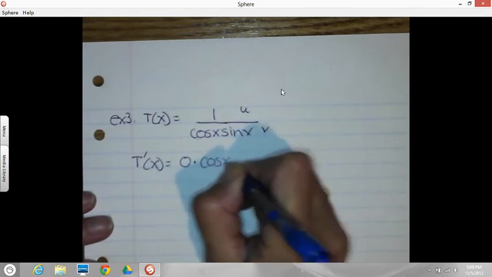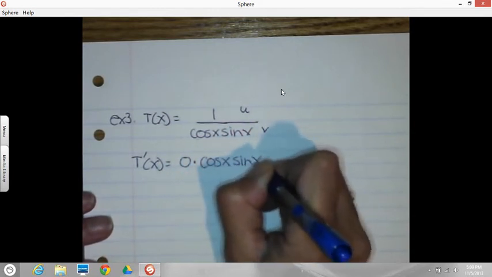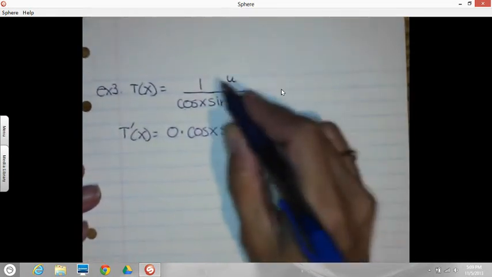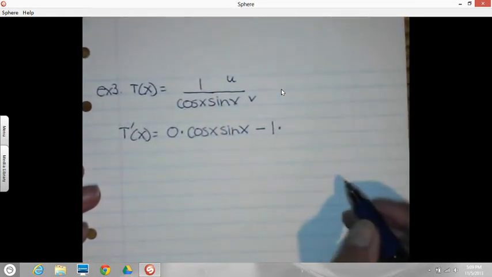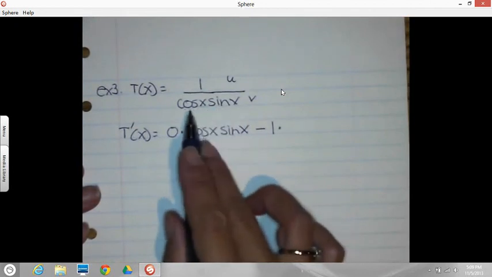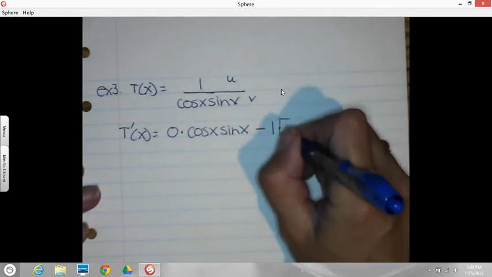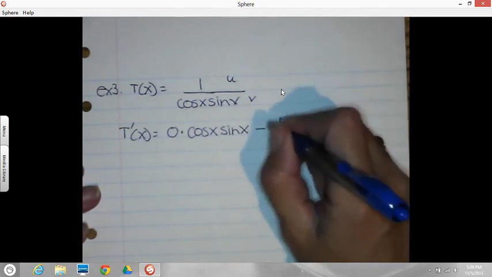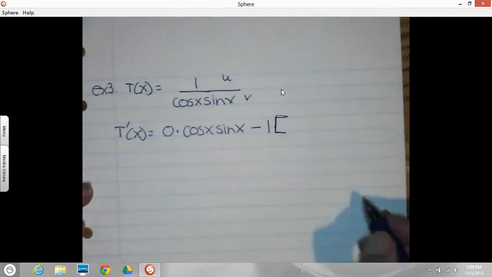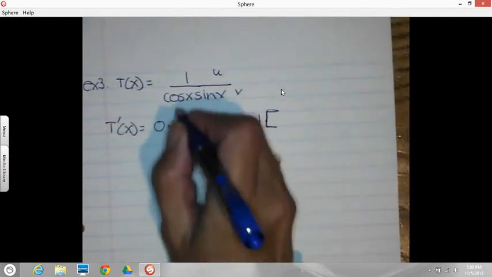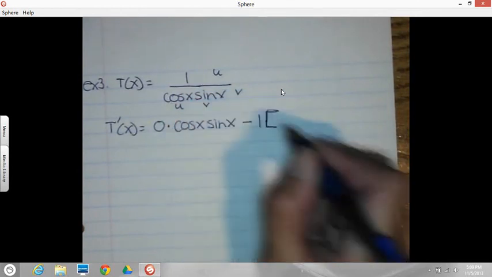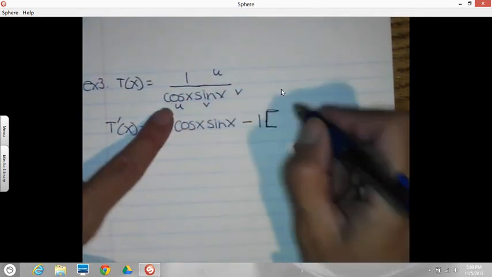The quotient rule says take the derivative of the top, which is 0, times the bottom, which isn't even necessary, but I'll just go through the motion, minus, keep the top the same, multiply by the derivative of the bottom. Well, because the bottom is a product, and I've got to subtract out in front of it, I better not forget these brackets, because the negative 1 is going to have to get distributed in. That's the trick to this one. So now my product rule, I've got a u and a v. So I take the derivative of the u, which is negative